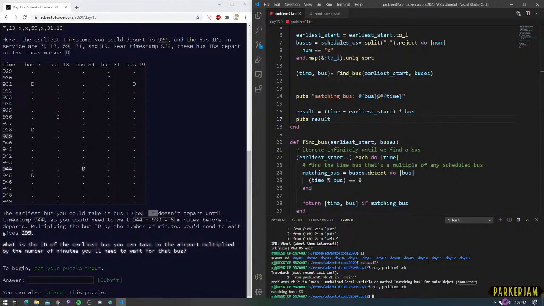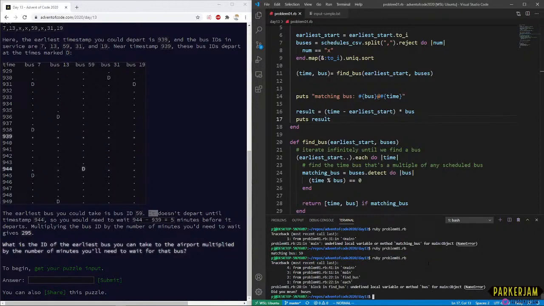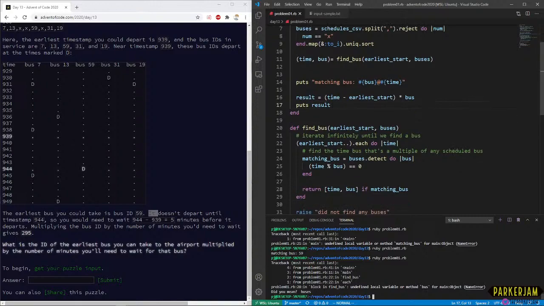So let's see if we screwed anything up here. Yeah, we still screwed stuff up. Undefined local variable bus. Right, because we renamed this variable. Or did we? What line is this on? 28? That's when we're just running the program, I think.